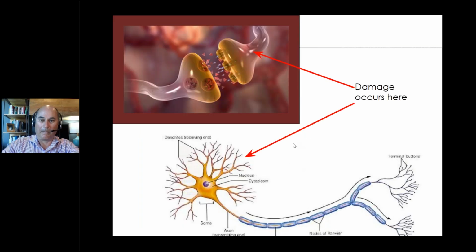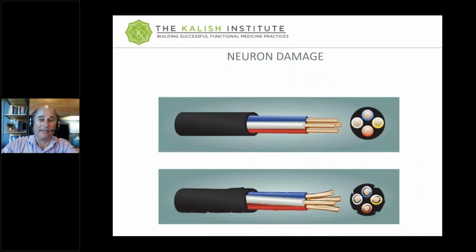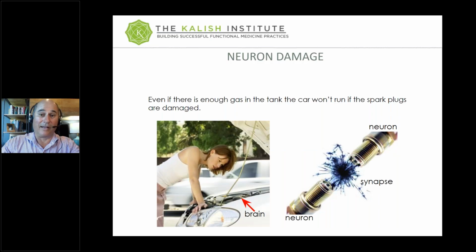So if you have a damaged neuron, the amount of dopamine you may need to get it to function well might be larger than the average person. You might also see some excessive metabolism or production of the dopamine, even in the presence of normal tyrosine. The more damaged the neuron is, the more this discrepancy is going to show up. In a non-damaged system, if the person's low in tyrosine, you give them a little tyrosine, they're going to get better in a couple of days or a couple of weeks. In a system where there's neuron damage, that same amount of tyrosine might not have the effect that you intend as quickly as you would think, or you might need the dosages to go up quite a bit.